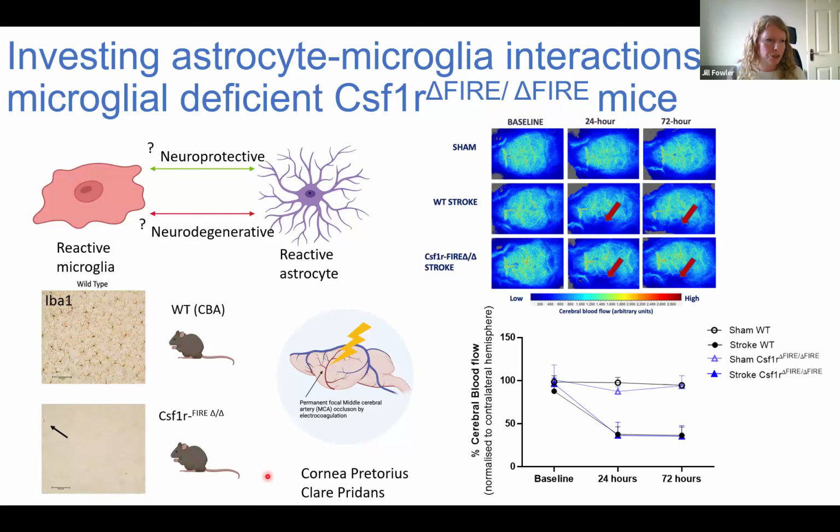So we've undertaken a small cohort pilot experiment, and this was with Cornea Pretorius, a master's student in my lab, and we have undertaken stroke in FIRE mice or wild-type littermates, and this model was developed by my collaborator at Edinburgh, Claire Predans. So first of all, we determined if there were any alterations in cerebral blood flow in these mice compared to their wild-type littermates, and we can see marked reductions in cerebral blood flow at 1 day, sustained by 3 days, but these didn't seem to be altered when we compared the FIRE mice with the